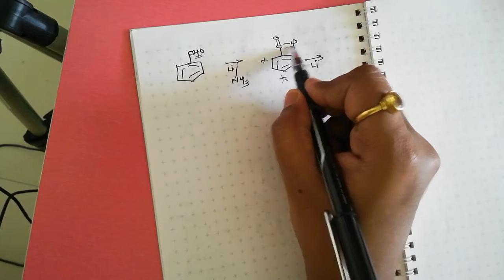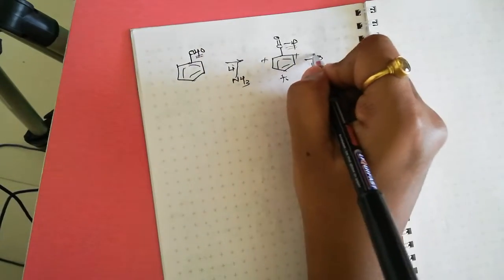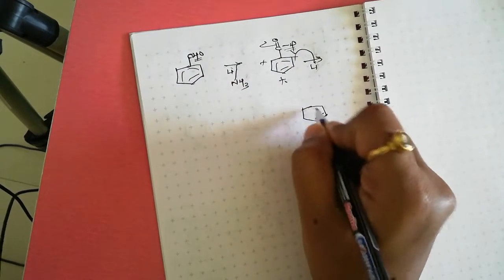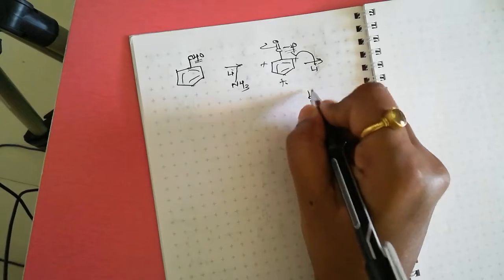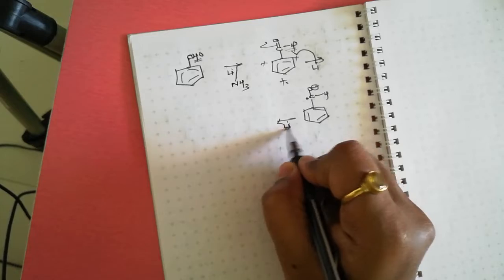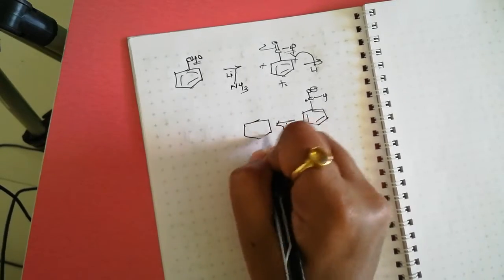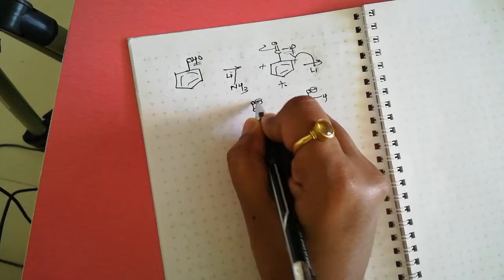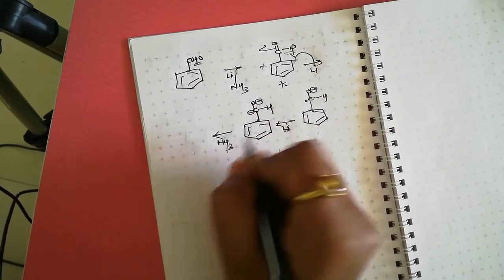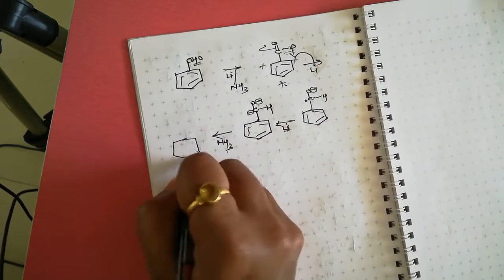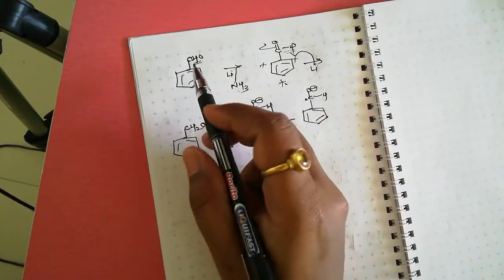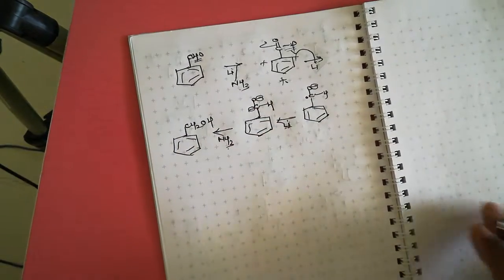But this carbonyl carbon is electron deficient, therefore first lithium transfers an electron to this carbonyl carbon, this bond breaks, and we get CO minus, H, radical. Then again lithium transfers its electron to this carbon, and we get CO minus, negative charge. Then ammonia transfers its proton to these two negative charges, and we get CH2OH. Means in the presence of lithium ammonia, first the CHO group is reduced into a CH2OH.